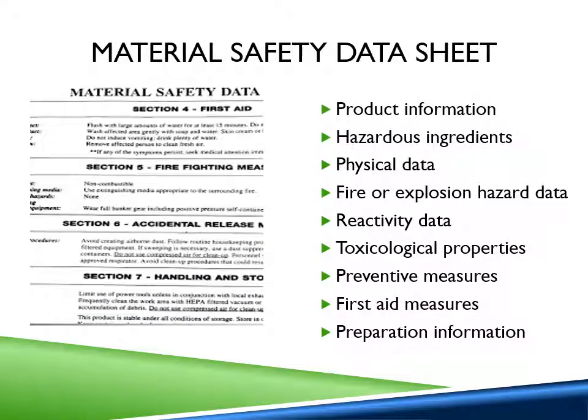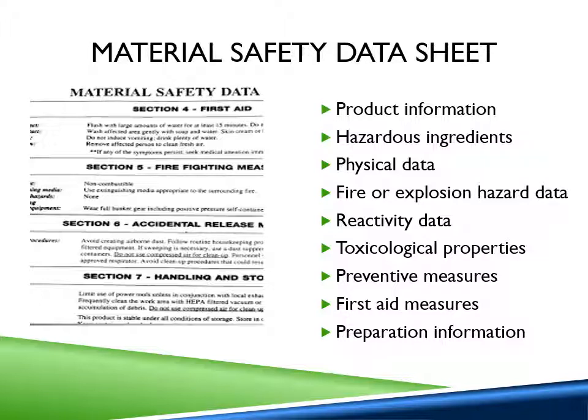Similar to the supplier label, the Material Safety Data Sheet has specific requirements concerning its content. 9 specific pieces of information must be included in an MSDS. They are as follows: product information, which includes the name of the product, as well as the names, addresses, and emergency phone number of the manufacturer and supplier; hazardous ingredients; physical data; fire or explosion hazard data; reactivity data, which